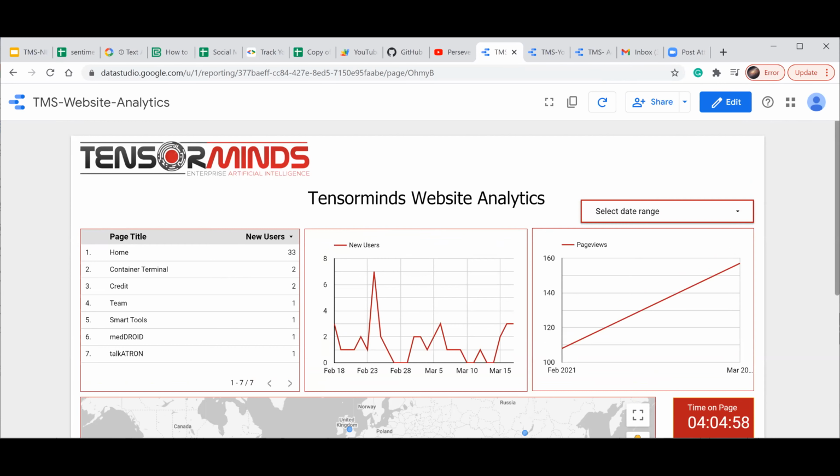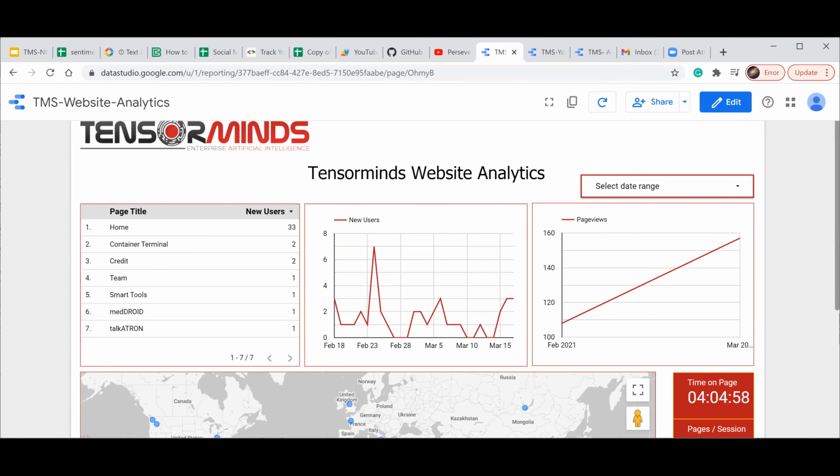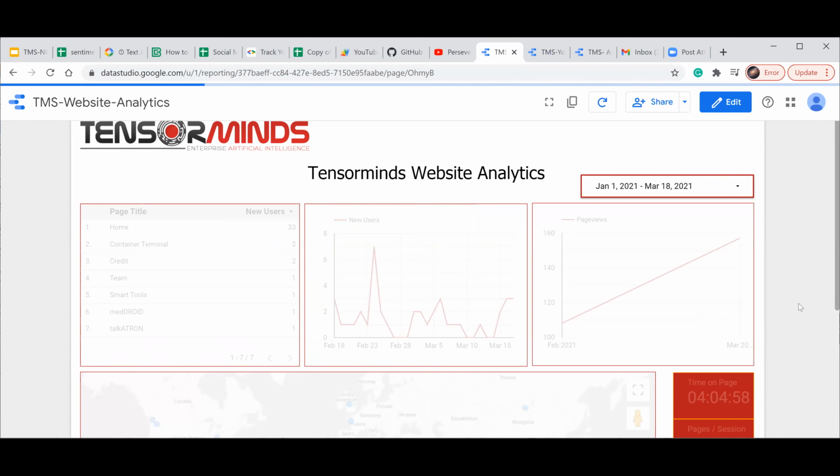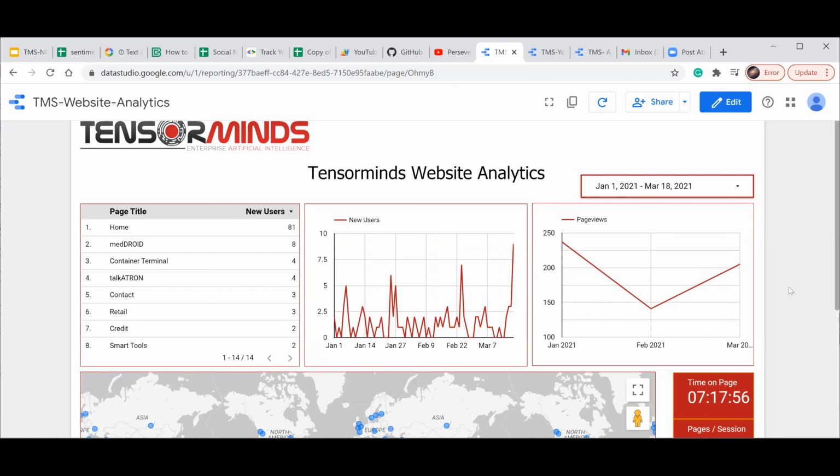Layout is like this. This is in the view mode at the moment. I can have different variables parameterized. I can do analysis by date range. I can do analysis by different other parameters and variables. Let's say that currently this is for a date range. I can change the start date, for example 1st of Jan, and let's say till 18, and then I can apply that, and it will fetch the data from Google Analytics, and it's showing me in different